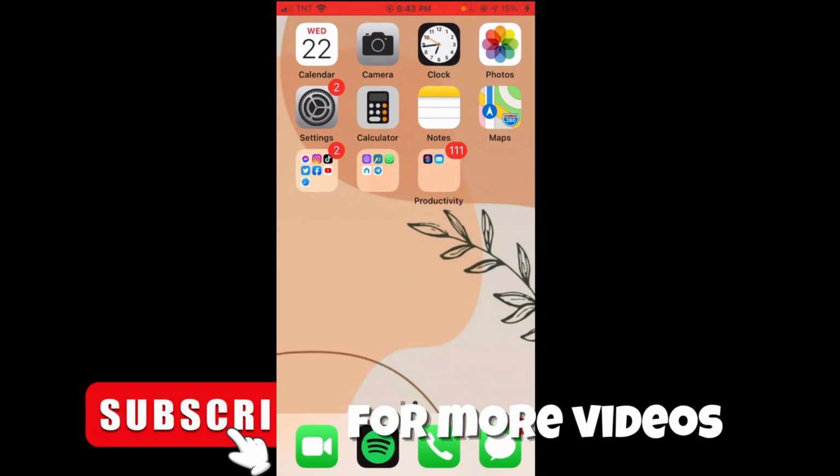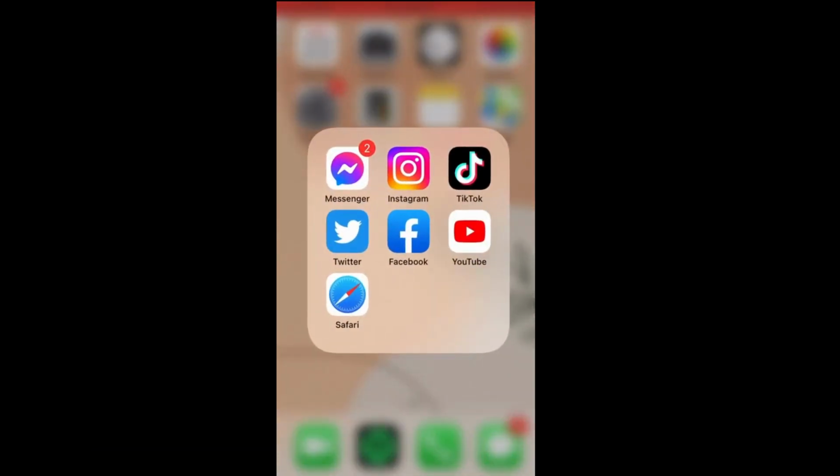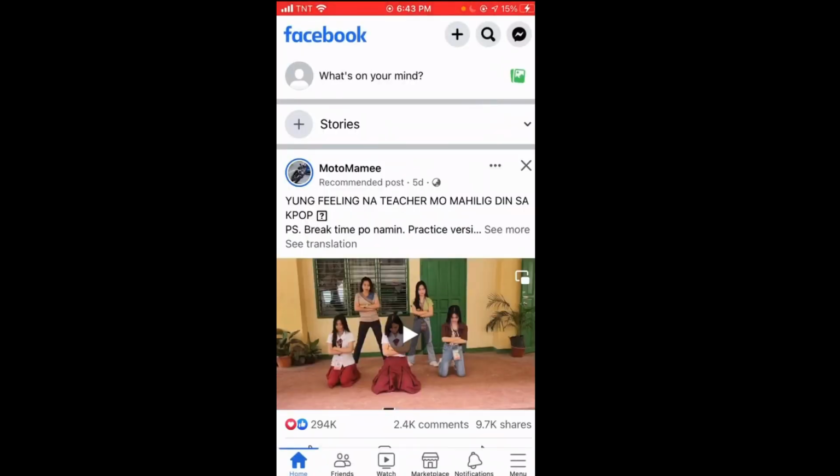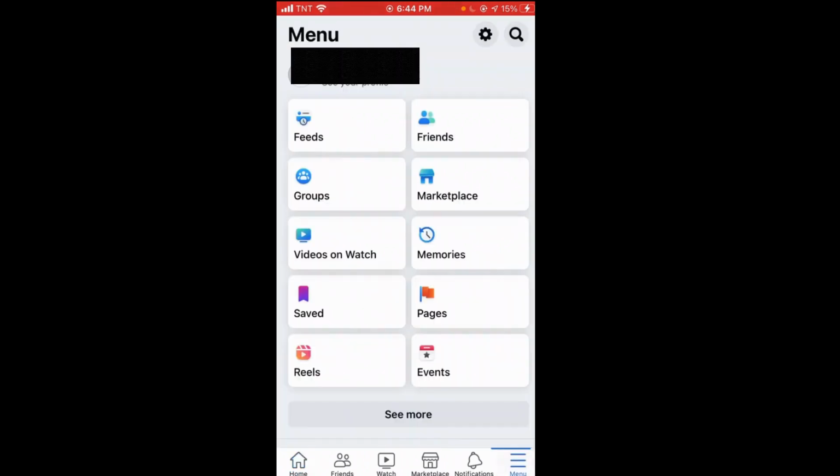So in this video, I'm gonna show you how to turn off sound on Facebook like button. So first of all, you need to open your Facebook app and then make sure that your account is logged into it, okay? And then click these three little lines on the bottom right corner of your screen,